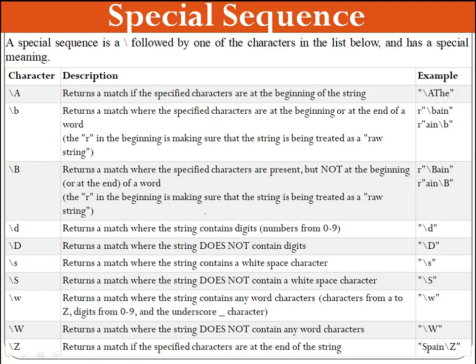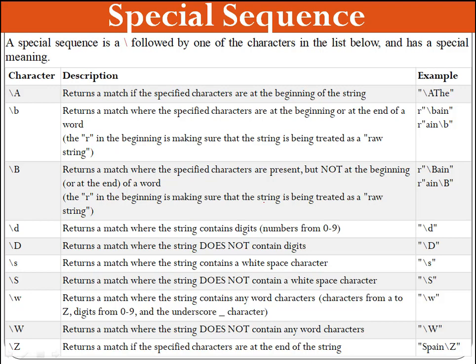So these are the special sequences that are being used over here. A special sequence is a backslash followed by one of the characters in the list below and has a special meaning. Let's look at this. Backslash capital A returns a match if the specified characters are at the beginning of the string.